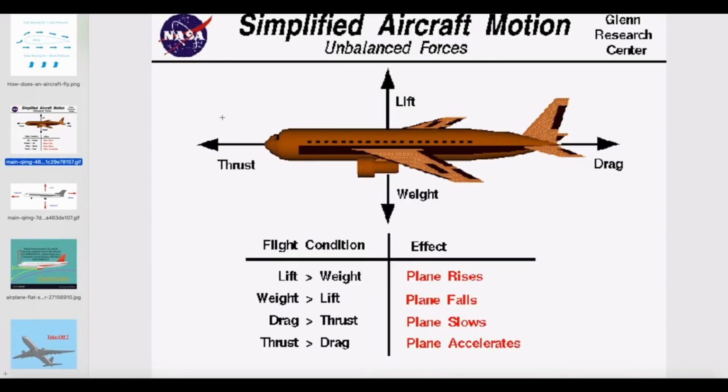Here is from NASA. So thrust is pushing, pulling, pushing whichever the plane forward. You have drag, which is the air resistance, causing a pull back because it has to flow through air. You have weight of the airplane, which will cause it to want to go down. Then you have lift caused by thrust, which will allow it to stay up.